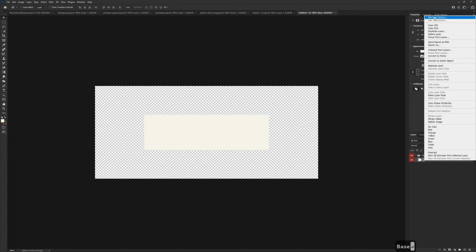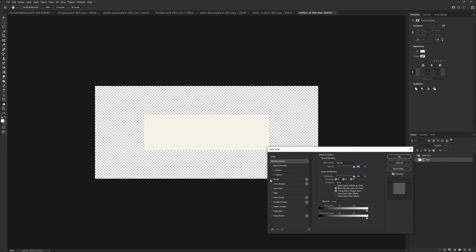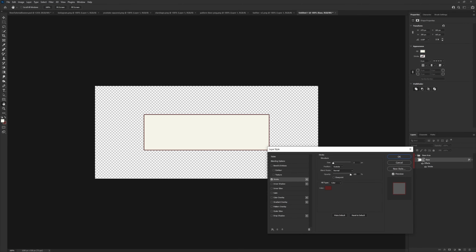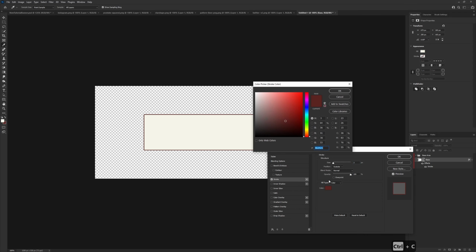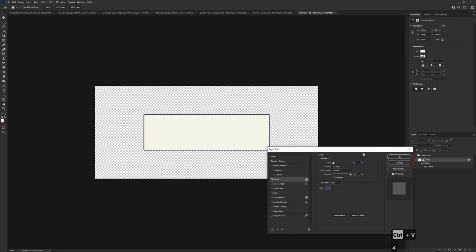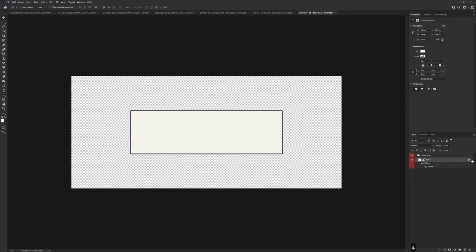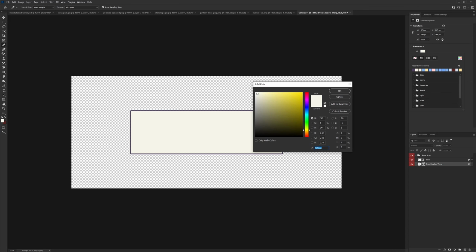Now I'm going to right click on this base, go to blending options, go over to stroke, and the color I want to use for this one is the following. Once again, pause if necessary. 4 pixels, click OK. Now I'm going to do Control J to duplicate that. I'm going to rename this to the base, and this is going to be the drop shadow thing. I can't think of a proper name for it, so that's what it's going to be. And the color for this one is going to be